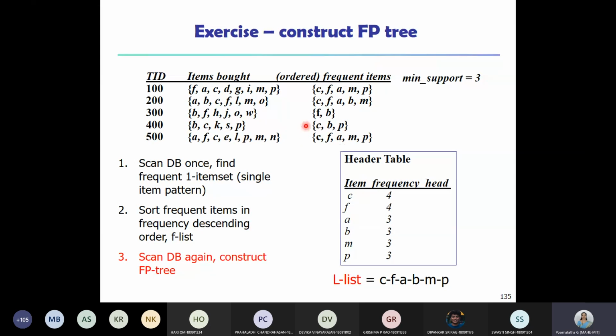And the minimum support here given is 3. Look at the third transaction: so many items here, but we end up with only 2 items because the other items present in the third transaction are not part of this list. So we are not taking them into consideration. This is just to show you that whenever items are not frequent, they cannot be a part of our FP tree.